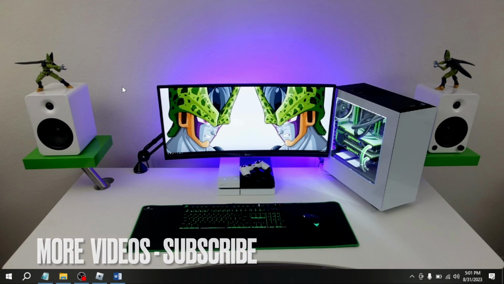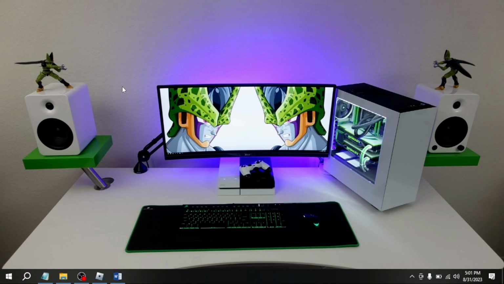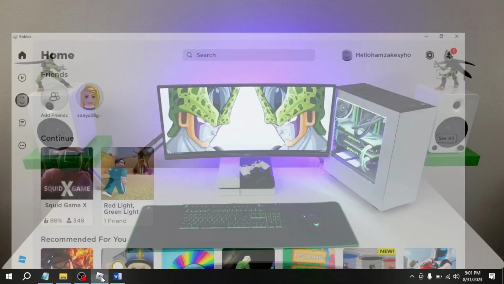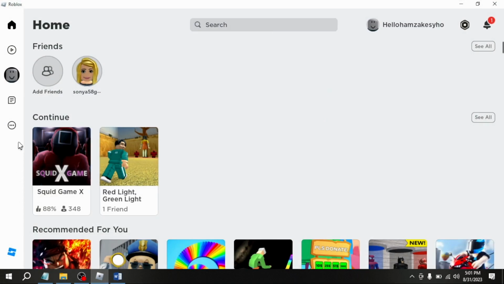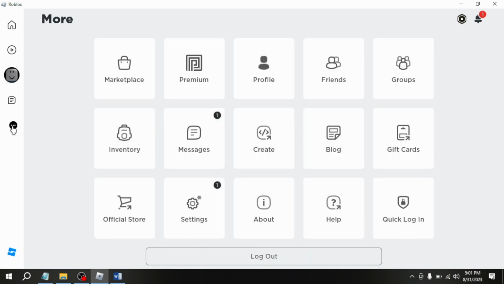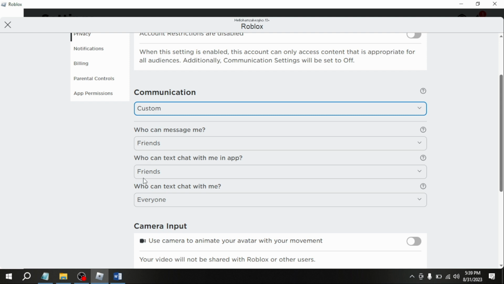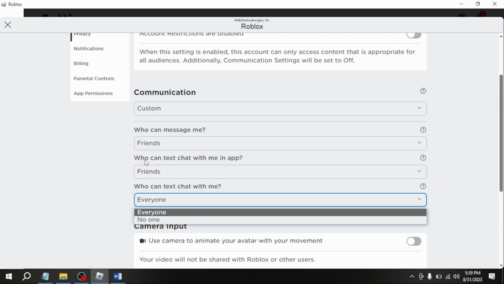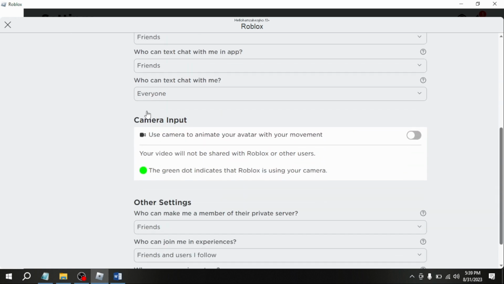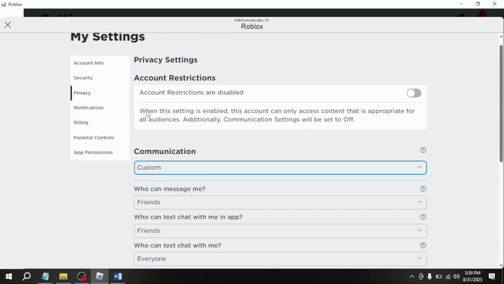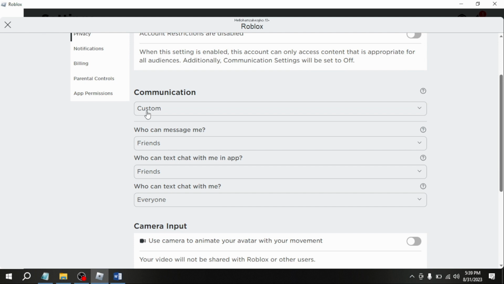Setting up communication privacy on Roblox is quite simple and the process is easy to do. First of all, open Roblox. Now you are seeing different options in the left corner. Click on the button having three dots. Now click on settings. Click on privacy. Here you are seeing communication. You can customize your communication privacy from here according to your need. There you go. If you wanted to know how to set up communication privacy on Roblox, that is the easiest